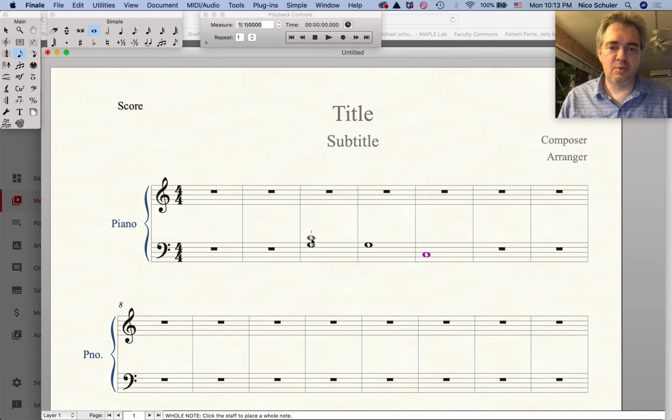So we need a C, and I don't know yet how I will voice this, E, G, for example. So now I'm doubling what is in the bass, and that is commonly done if we